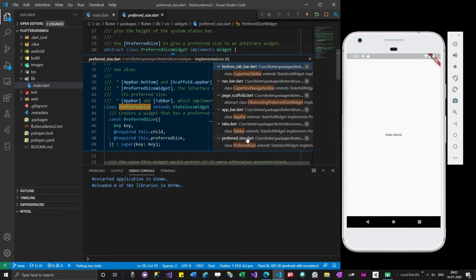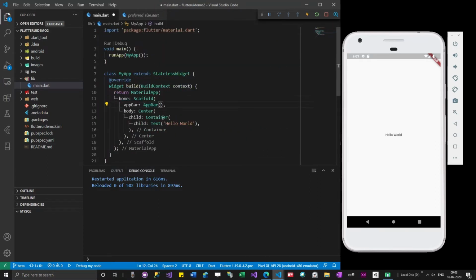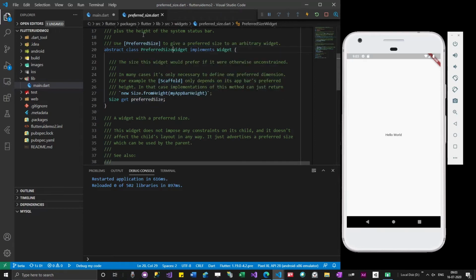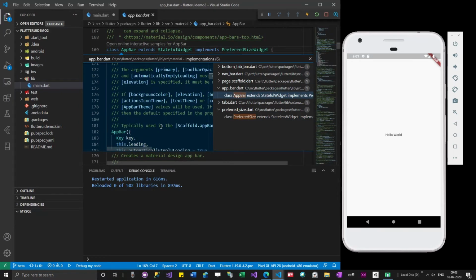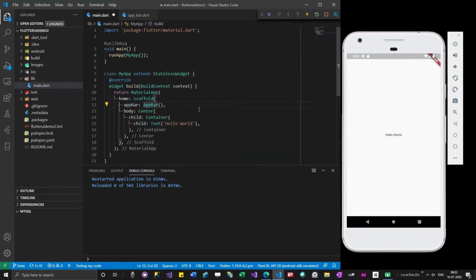So app bar and tab bar are something I could try, and there are a couple of other things we could try also. But since we know that app bar is very near to what we want, we will go with app bar. Immediately it will show the suggestions. Yesterday I showed how to modify these classes, which is beyond this course. My intention was to show how adding a required feature here helps with code population. You can go to the previous class and check it again.